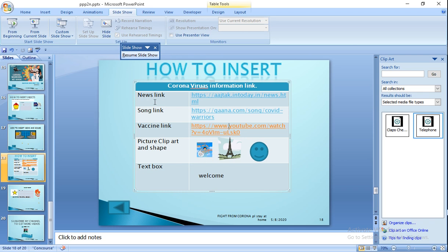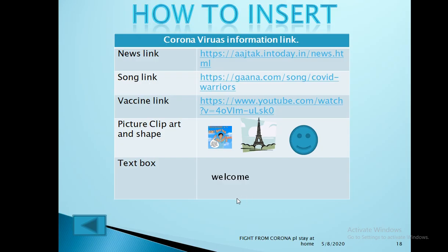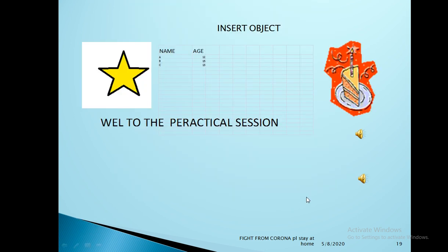So live information you will get through your PowerPoint presentation, and I have already told you how to insert the clip art and all, and then you have to go back. Next, again the sound will ring automatically. The telephone. This is your bitmap. This is your Excel. This is your Word, and this is your animation video. Now you press this one and you will get what you have recorded.